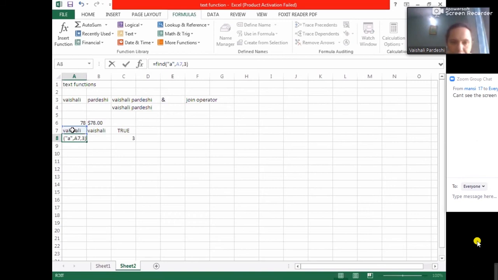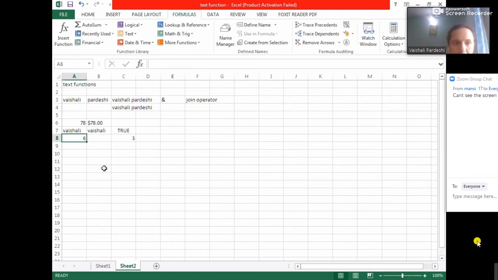People will find most of the time from the first letter. Okay, it rarely happens that you have to find from the second letter. So sixth is the position. VAISHA. My second A is at the sixth position. If I start it from the third letter, still it is in the sixth position. And that is the find function.